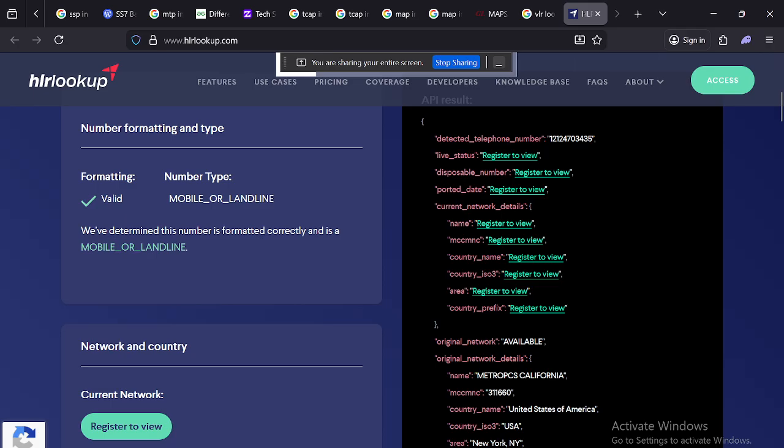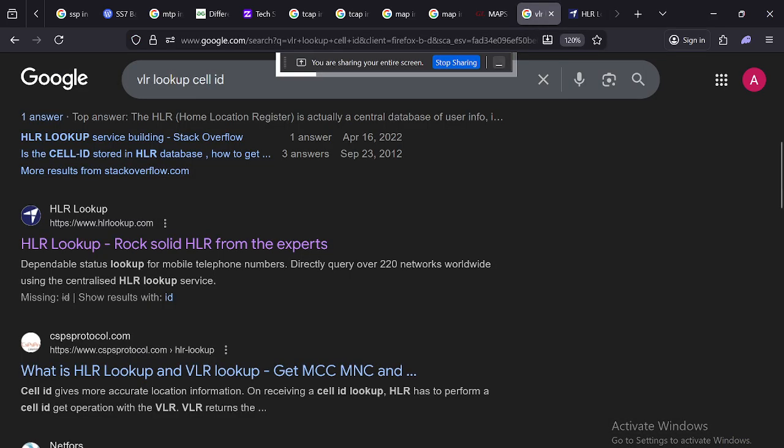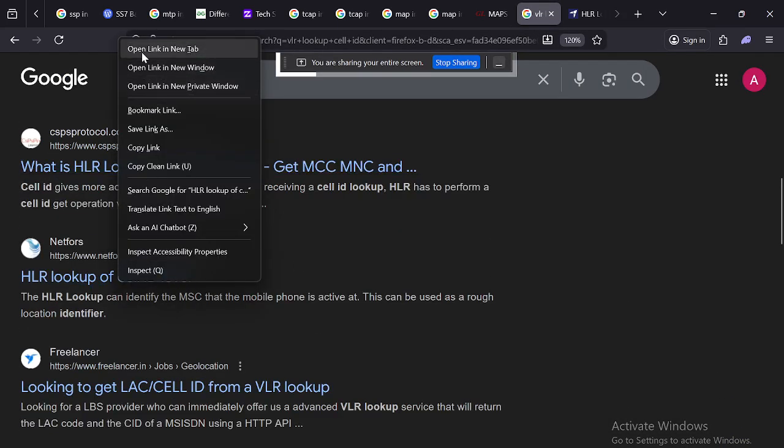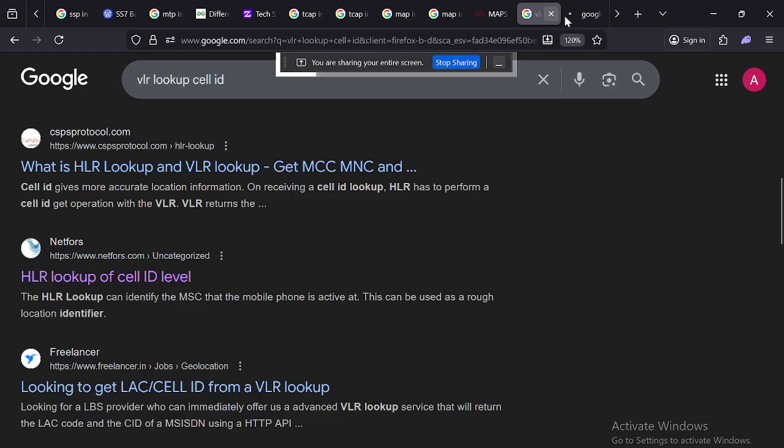To get live status you need to get access and register for current network details, name, MCC or MNC, country ISO. That will be automatically available, and with this we can get to the cell ID level. We would like to look here.